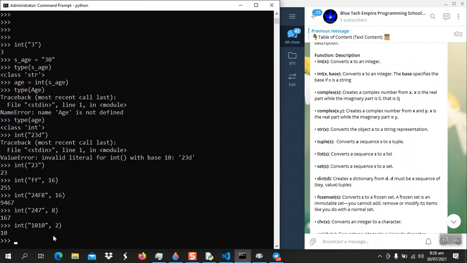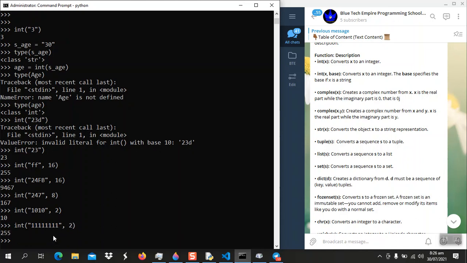You can, for example, 111, or let's say 1111. Many ones, 8 ones is usually 255. Just so we know what Python is doing here. So it's 255. So you can do this to convert, and it's very important because if you tell the user,